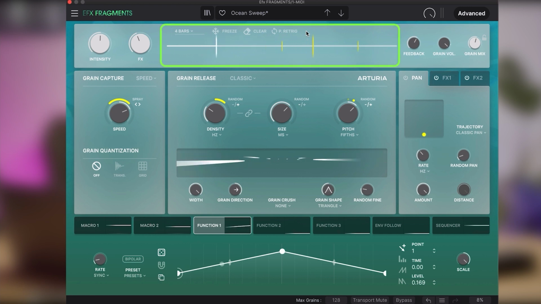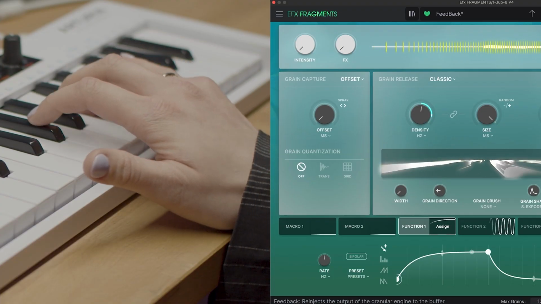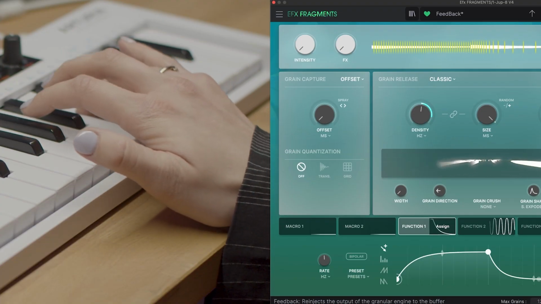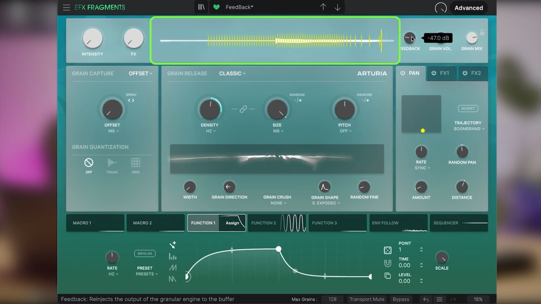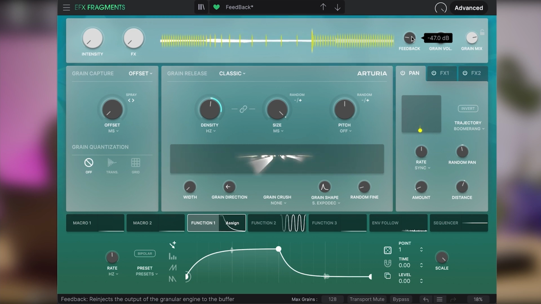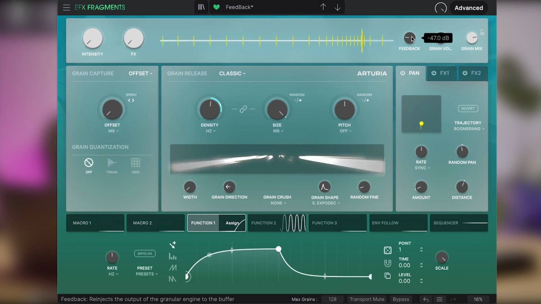The visualizer itself is key to understanding how the audio is affected by the granular augmentation. Here's why. When I play my instrument with Fragments on it, we will see the audio waveform and a few colorful markers or lines on it. The quickly moving yellow markers represent the activity of the granular engine itself, visualizing the alteration of the particular grains. Depending on the granular parameters settings, the yellow markers will behave differently.